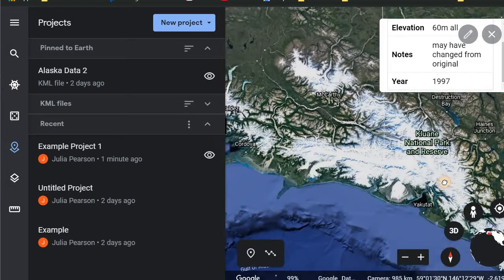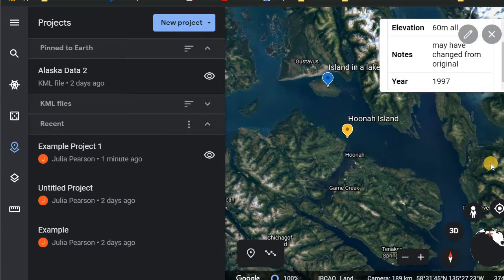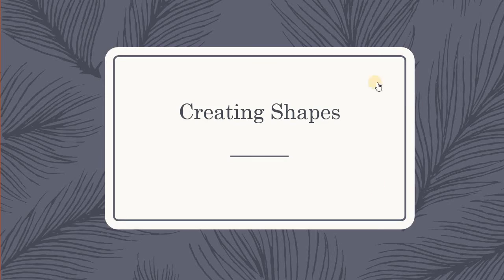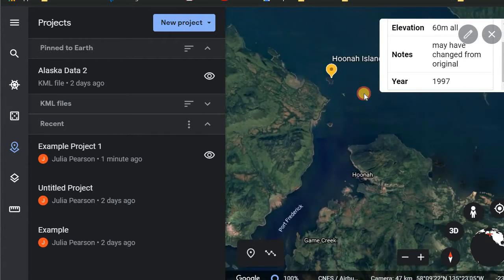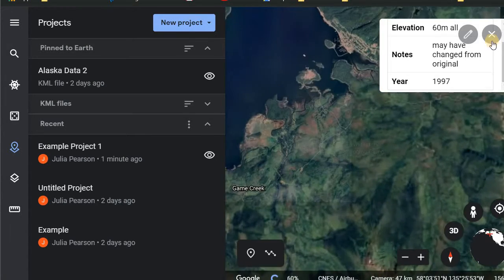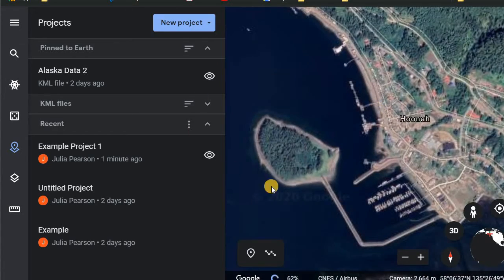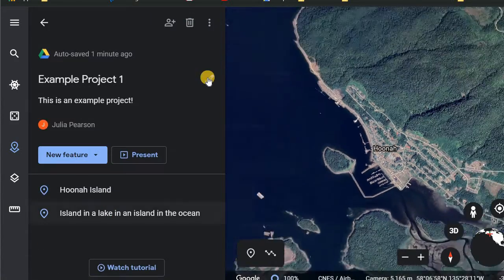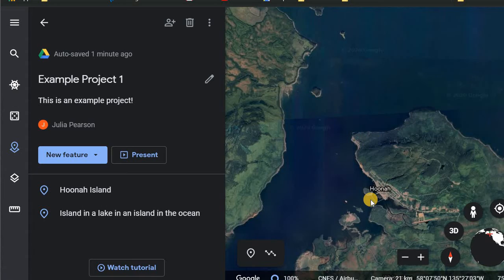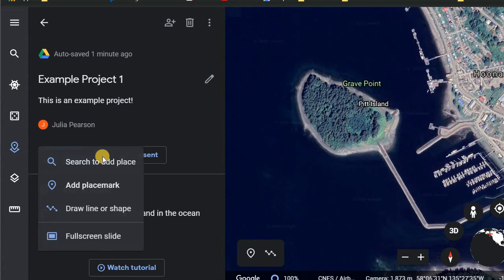Another thing, the next part that we're going to look at is let's look at creating shapes. So if you want to, for example, show that your field site is actually over here in Hoonah, and let's say that you are looking at this island specifically. So we're going to go into our example project 1, and when you select it, it will automatically zoom to where your points are. So let's make a new feature. You can select draw line or shape. You select a starting point,